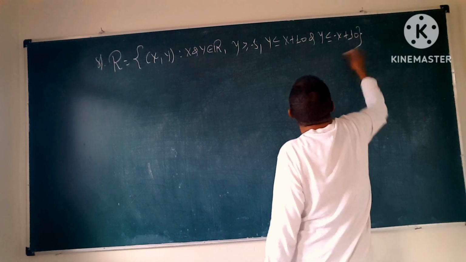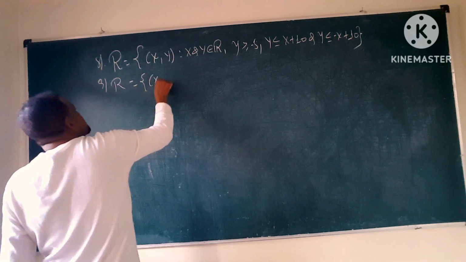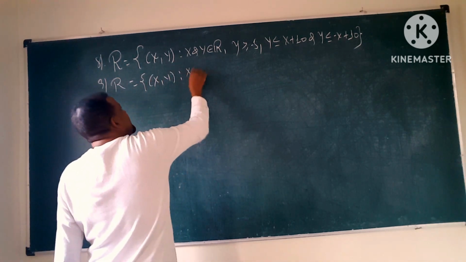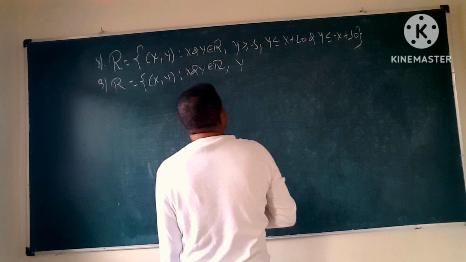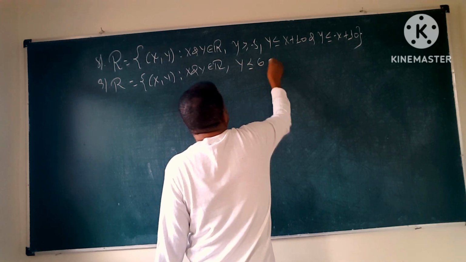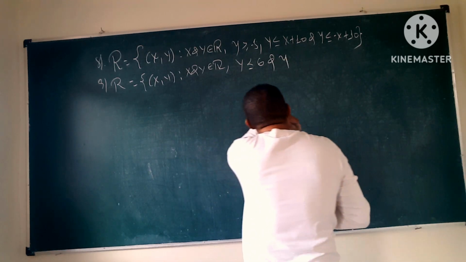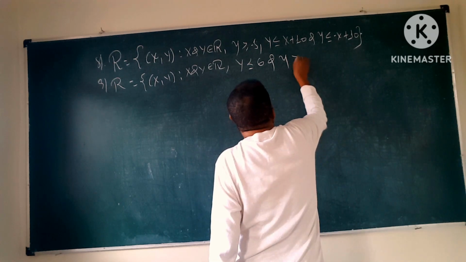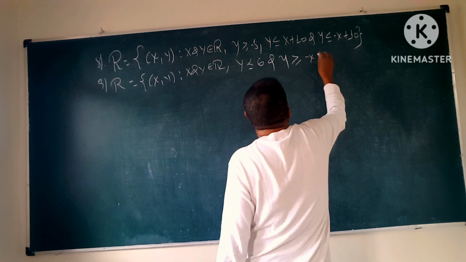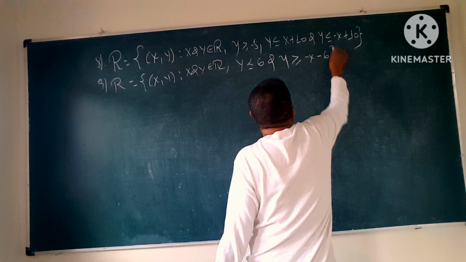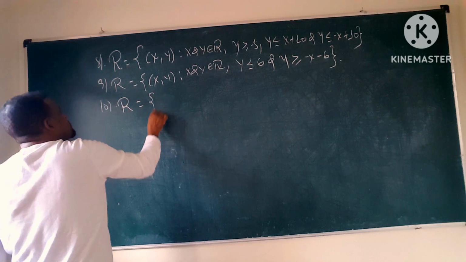እንዳይሆንላችሁ ሲምፕል እንዲሆን። ዘጠነኛው: R is equal to the set of all ordered pairs of (x, y) such that x and y are coming from the set of real numbers and say for example y is less than or equal to 6 and y is greater than or equal to −x − say for example 6። እነዚህን ስሯቸው።